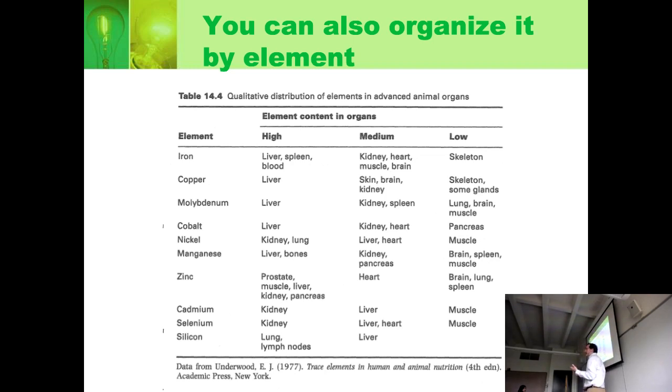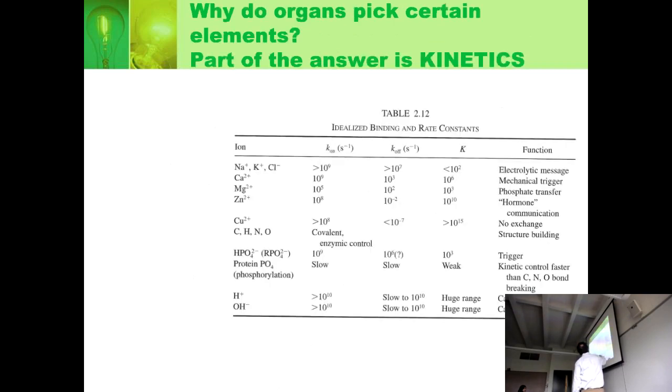They don't include sodium and potassium here because they're not really in these other things. Notice that the brain only has a little bit of copper, but the brain has these specialized chemicals: sodium, potassium, and chloride. And so what do we say about these chemically? Well, we can look at them as far as big and little k's. And so this relates exactly to chapters 6 and 7 of Atkins.